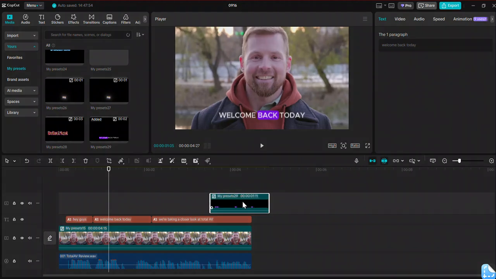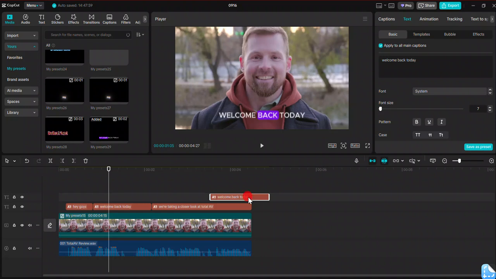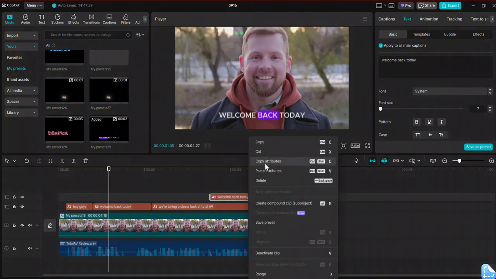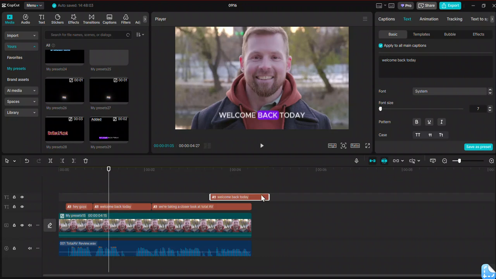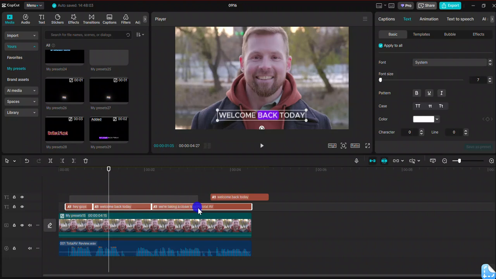Right click on it and then go to this undo compound clip. So from there you can just right click on it again and then go to copy attributes. After you copy attributes, then go ahead and select all your captions that you created on your current editing,